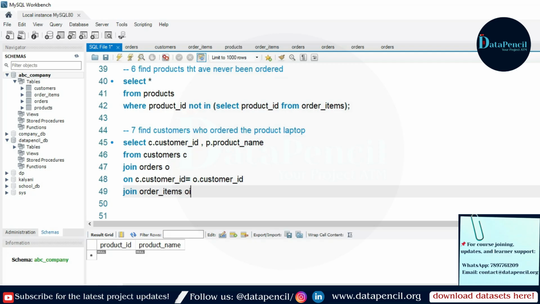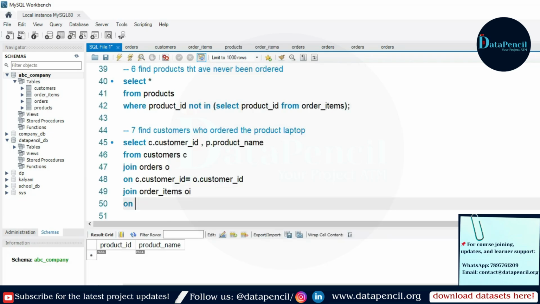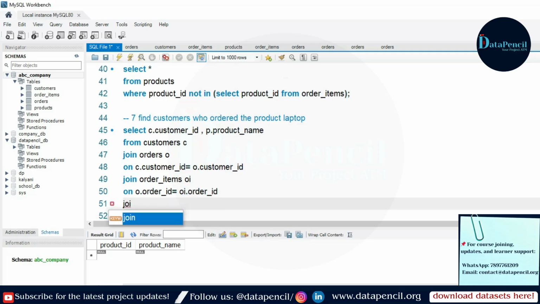On what basis? The orders and order items tables are linked with the order ID column, right? So we will write here on the basis of where orders table order ID is equal to order items table order ID, correct? And again we will join it with the products table P. On what basis? So products and